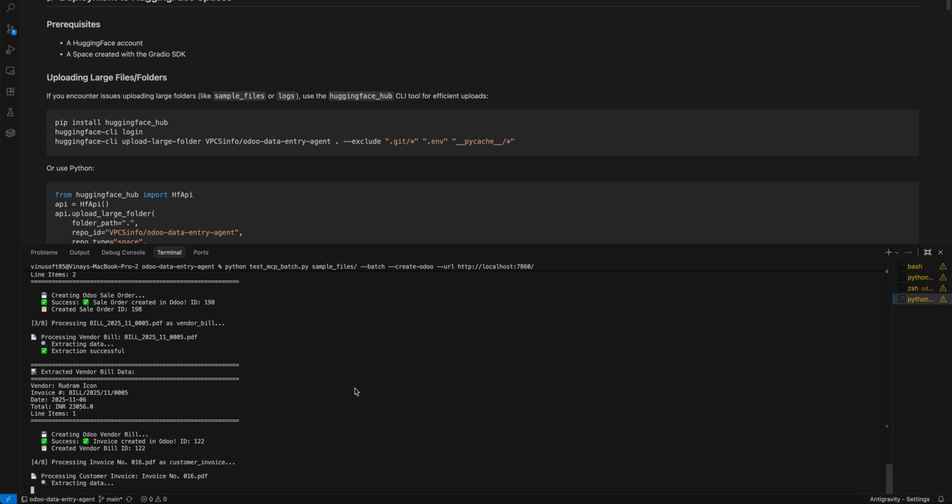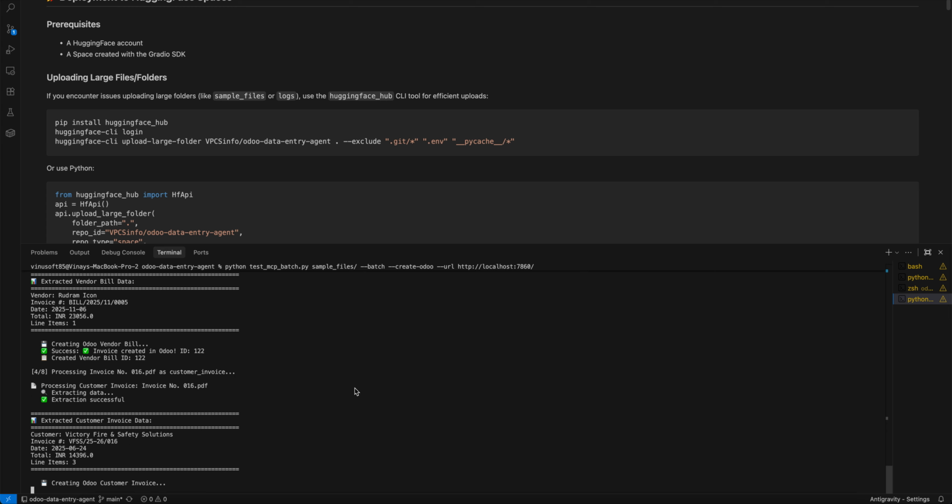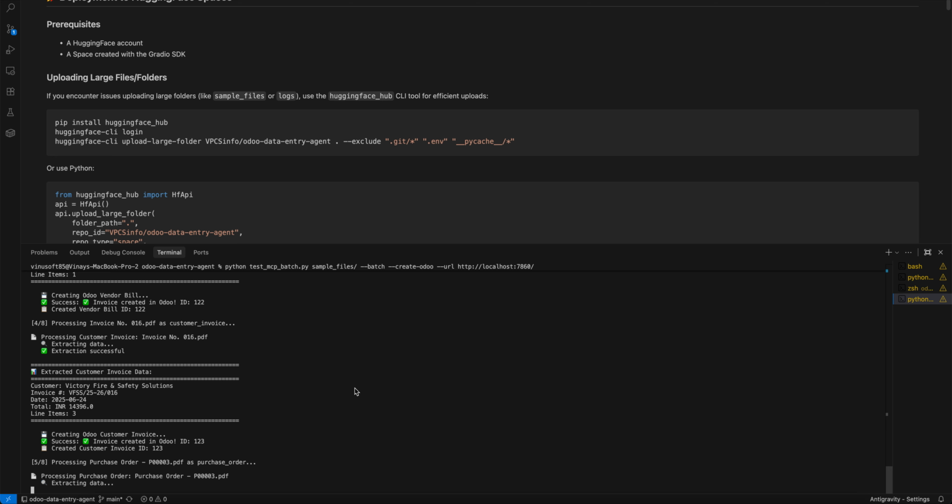Let's say I'm implementing any React project or any other technology, and I want to integrate it directly with Odoo for any document I get, and I just want to create it out of the box. I can run this automatically. So this is the project overview that I'm trying to tell you, and why it is